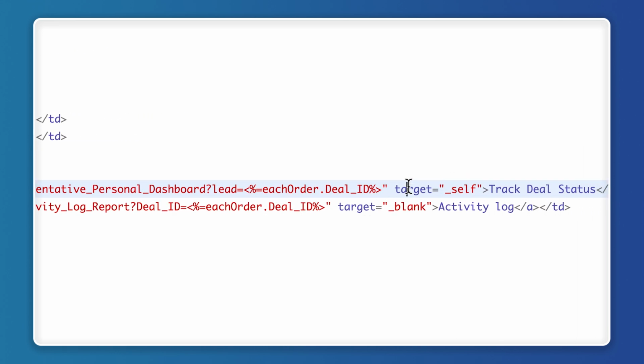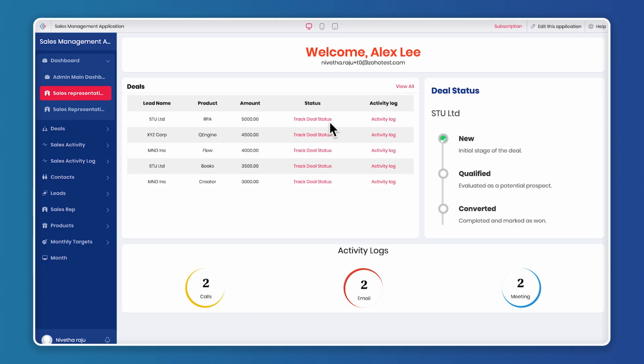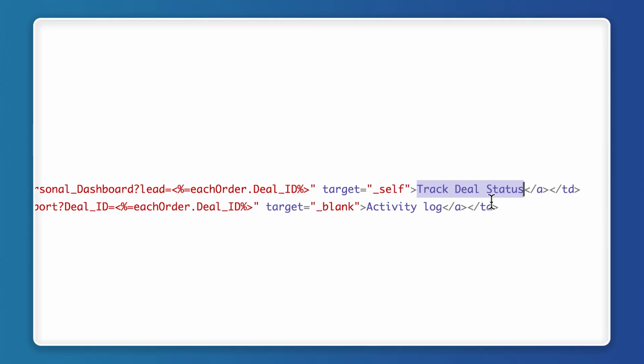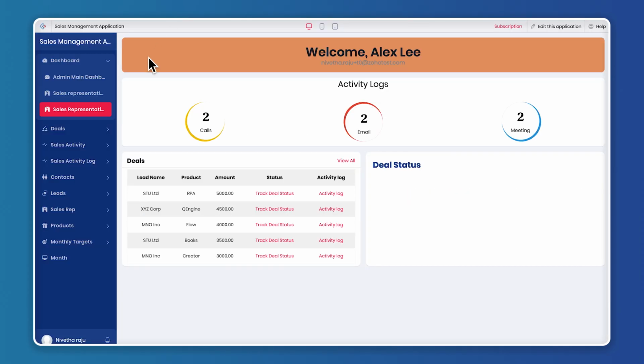And the target I have given here is self, where it will open and show the status within the same page itself, and here for the name, I have given the name track deal status, right. So, now I will save this. So, if I go to the live mode,